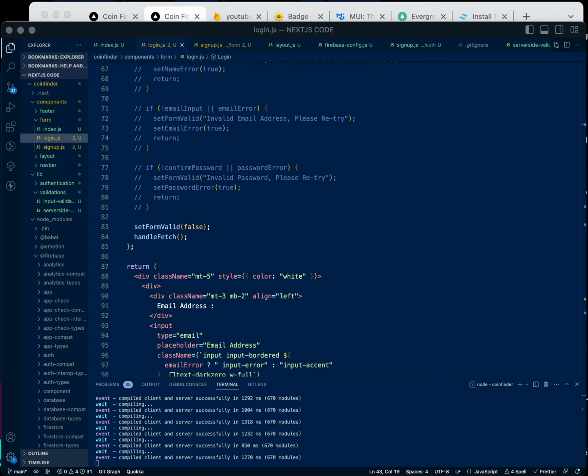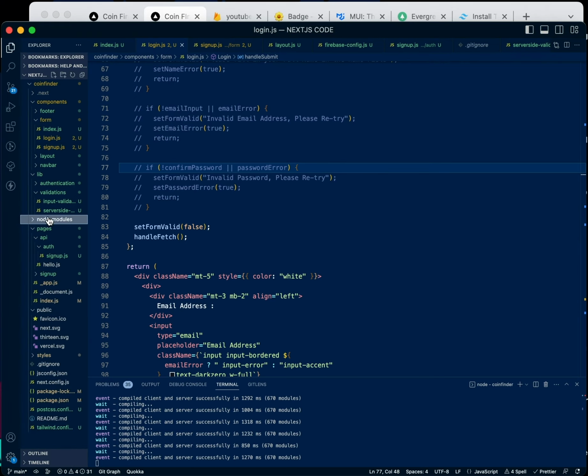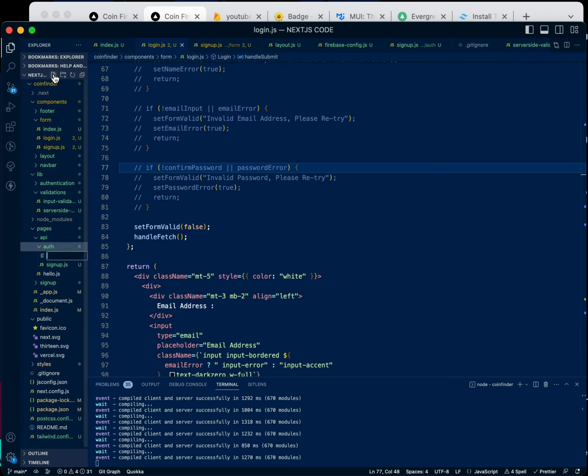We're still going to use the all right. So for login, we're going to create a very special API. Now this API is a special API with the use of NextAuth. How do we create this API? We're going to come to our API folder, auth, and instead of creating, how do I call it, a simple API like we did with the sign up, we're going to create